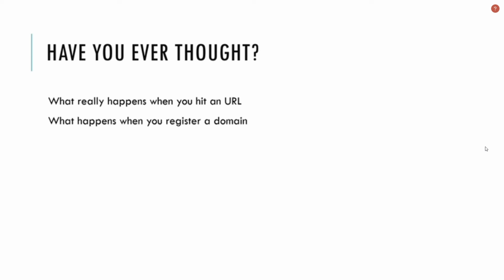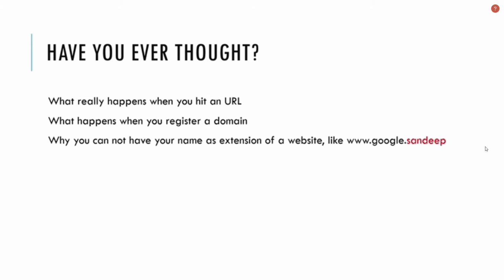Have you ever thought about what really happens when you hit a URL? What happens when you register a domain? Why can't you have your name as an extension of a website, like www.google.sandeep instead of google.com? When you hit a URL, let's say th-koeln.de, the request for that particular domain name goes